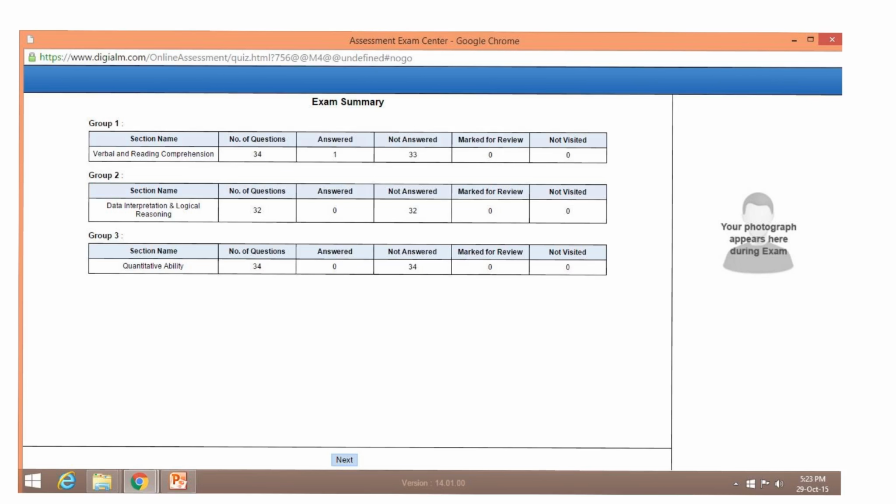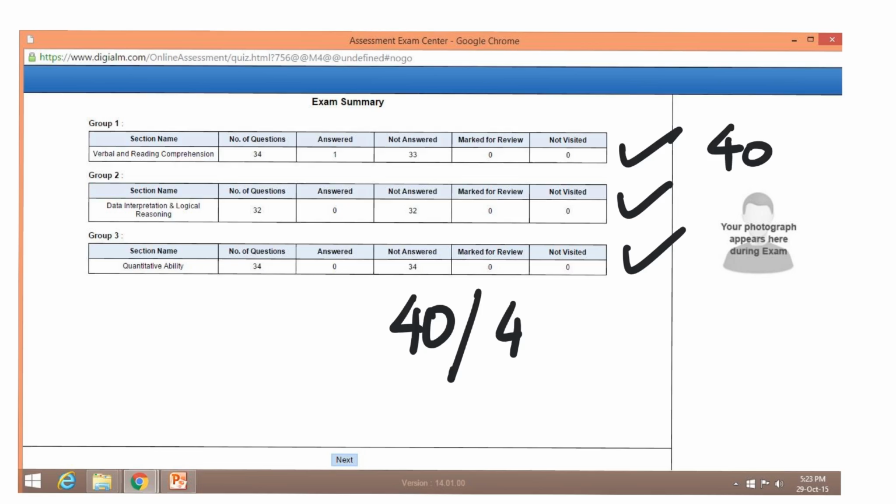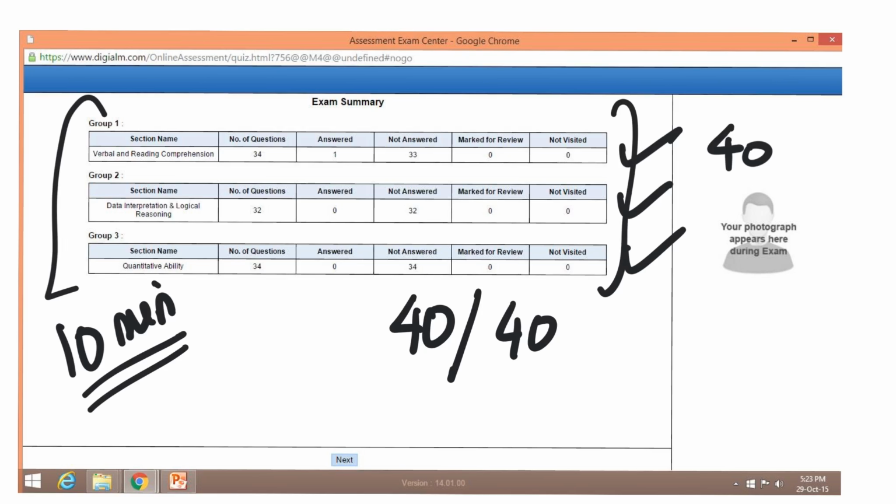The next pointer is about the sections. Point number 12 is that there are 3 sections, that's fine. And you cannot switch between the sections. You have to spend 40 minutes on each section, then you move to the next one. From any section, you will be able to move to the next section only after the completion of the 40 minutes. In the CAT paper, they normally give you 10 minutes to read through all these things, but at that time we are so nervous, and I don't want you to waste too much time reading that part, because I want you to focus on the exam day.